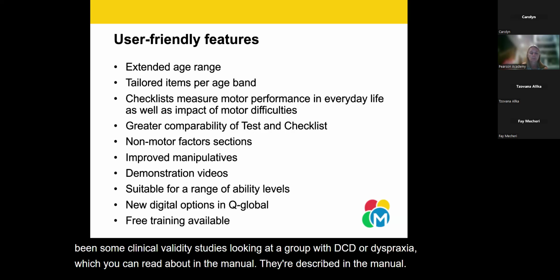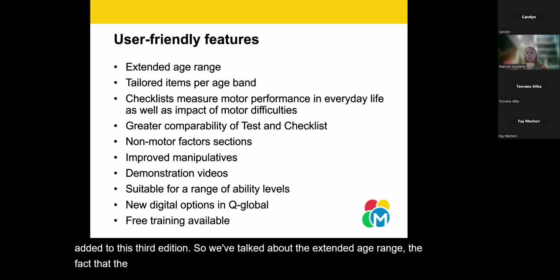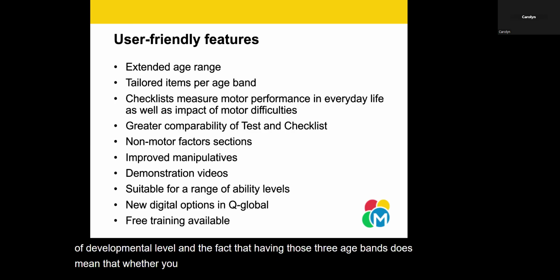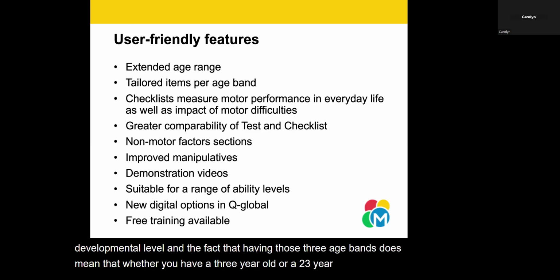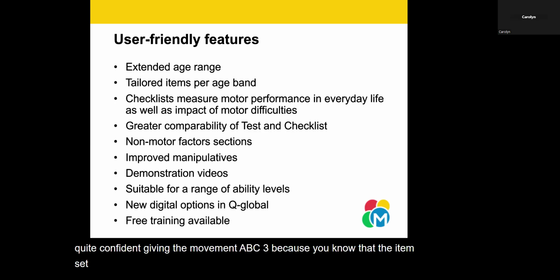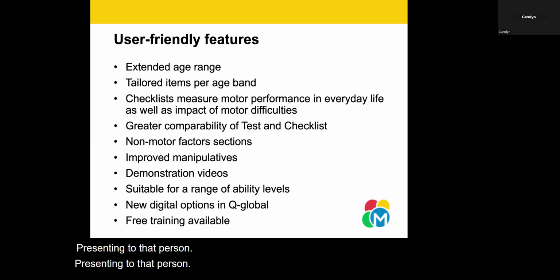So, a summary of some of the user-friendly features that have been added to this third edition. We've talked about the extended age range, and the fact that the items are similar across the age bands but tailored for that developmental level. Having those 3 age bands means that whether you have a 3-year-old or a 23-year-old, you can be quite confident giving the Movement ABC-3, because the item set you're going to be presenting is likely to be within the realms of what they can